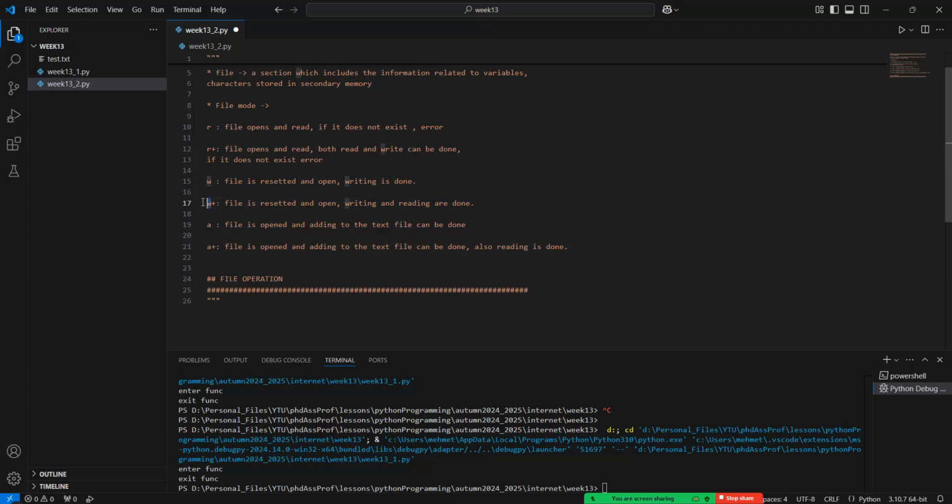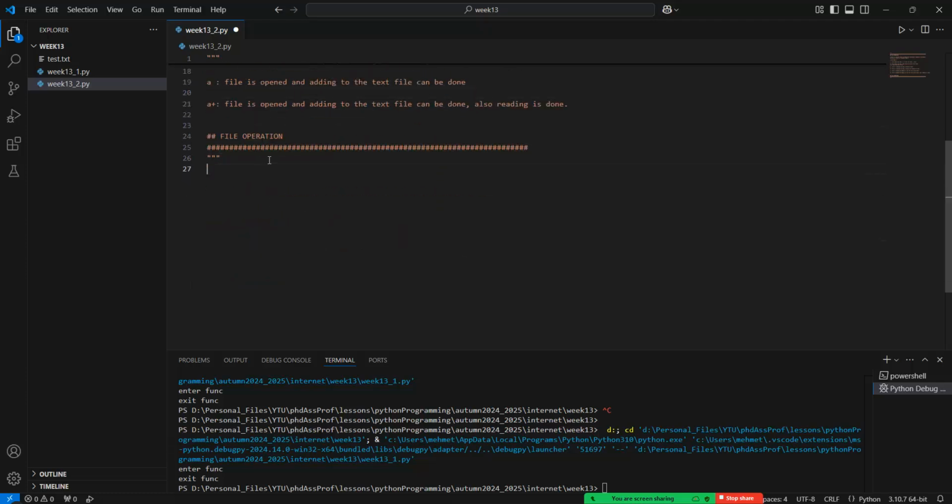But w and w plus reset and open, delete everything and rewrite with the initial values. Okay, and also a is an addition, which means that the file is opened, and so for example if we have 5 sentences and we are using the a mode, we can add more sentences without losing any information in the current txt file. Okay, so how can we prove that? Just see that